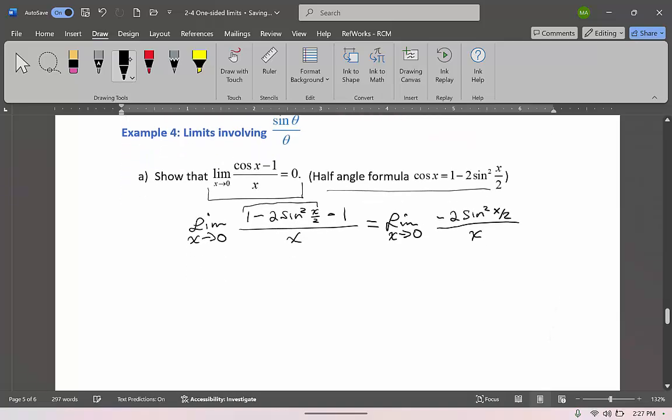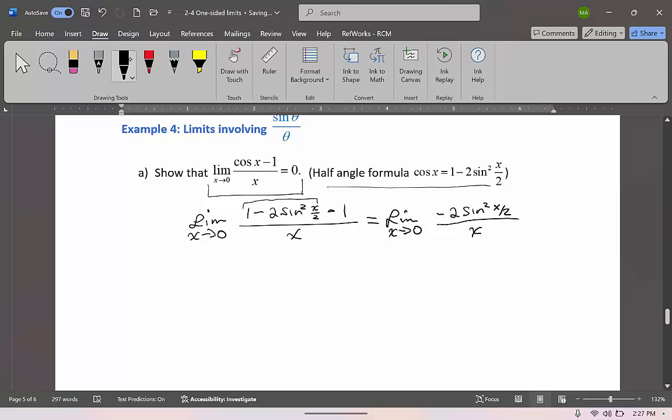Now we can use some properties of limits to say that the negative 2 can come out, and we can rewrite this as the sine of x over 2 divided by x times the sine of x over 2, because sine squared would be sine times sine. Okay? And so the reason for doing that is, of course, to try to get it into this